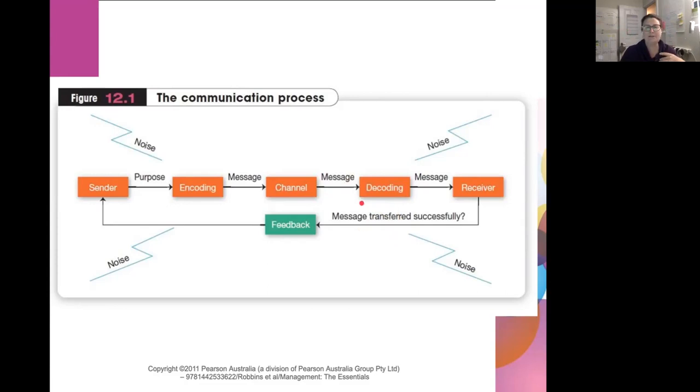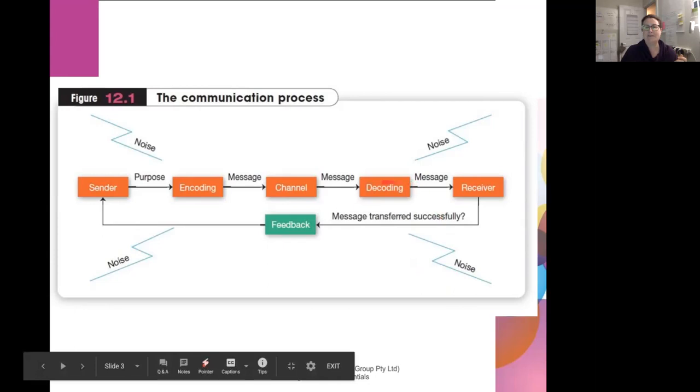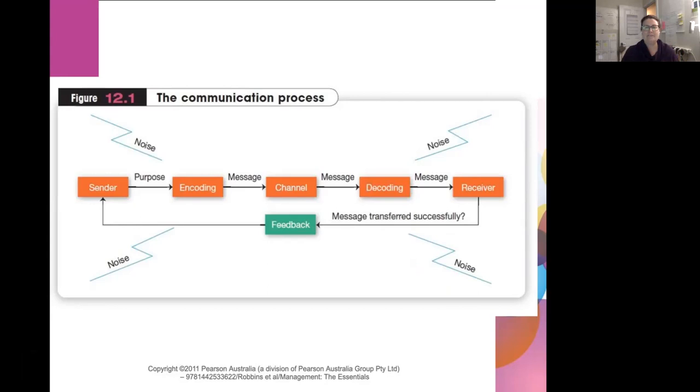Our book also talks about the idea of media richness. This is where we're trying to layer the way in which we're communicating. For example, if we're communicating in person to somebody, we've got the experience of trying to decode or decipher their message through their voice, the words they're using, their body language, and the way that we feel when we're interacting with that person.